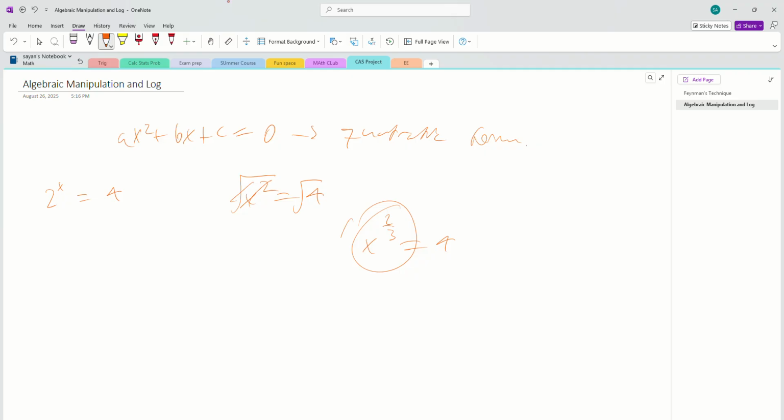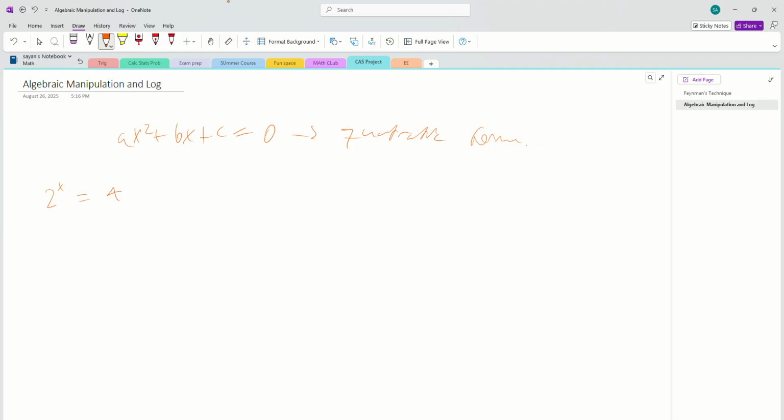Plus, all you need to do is now exponentiate both sides to 3 over 2. And these will cancel out, and you'll see x is equal to 4 to the 3 over 2, which is just the same thing as 8. Okay? Also negative 8. But anyway,